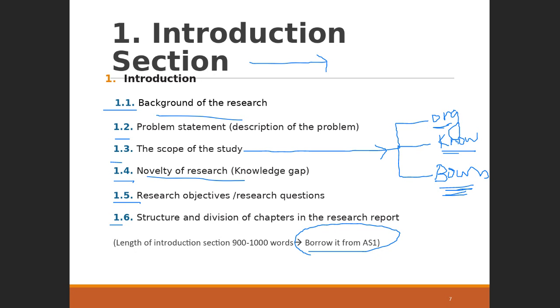The fourth part is the novelty of your research. We have discussed this previously as well. It is appropriate to indicate any earlier relevant research on the same topic and clarify how your research differed from those earlier attempts. Now, in section 1.5, you will conclude the introduction section by mentioning the specific objectives